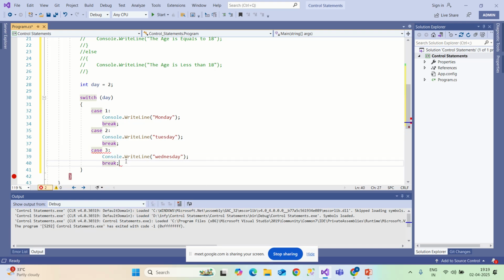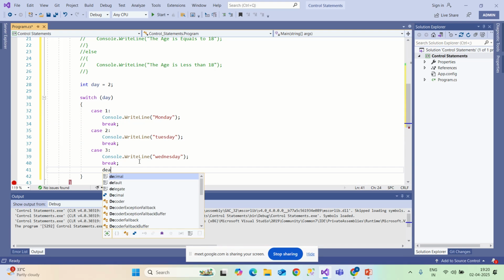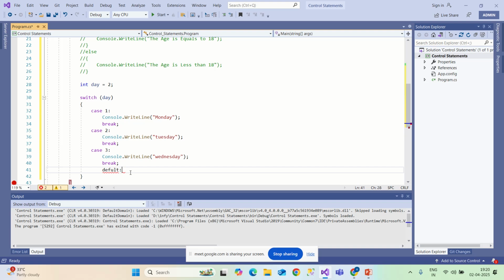And if nothing works, like if the condition we have given doesn't meet the cases which we have provided here, then it defaultly gives a, we will give here a default value also. If nothing meets our conditions, then defaultly